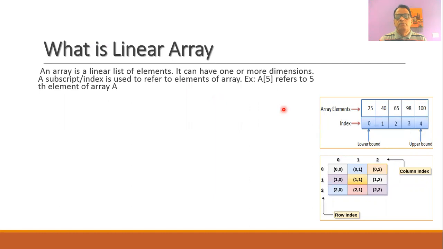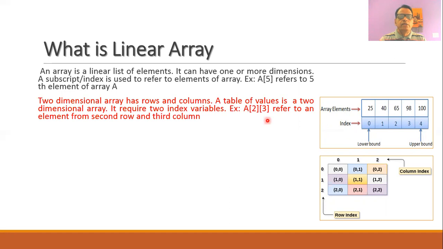Now, as shown in this diagram, if the array is of one dimension, then these can be the different elements of the array, and these elements can be stored in successive memory locations. Whenever we want to refer to an element of the array, we can use the index variable, or the subscript. The value of the index may start with 1 or with 0, and it is called the lower bound, and this value is called the upper bound.